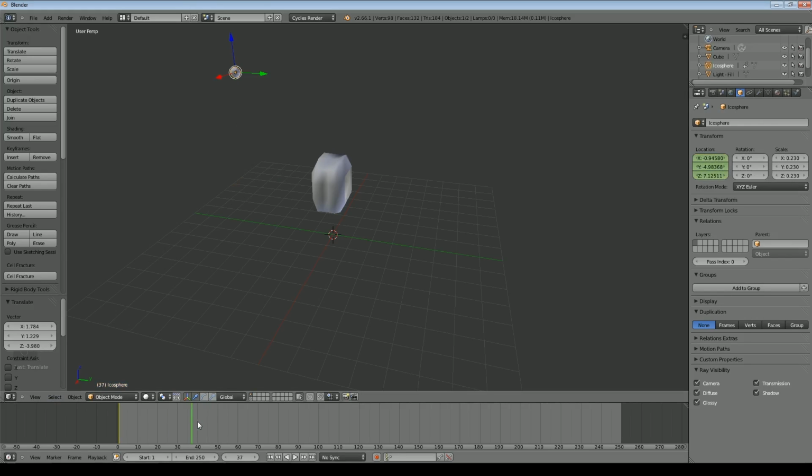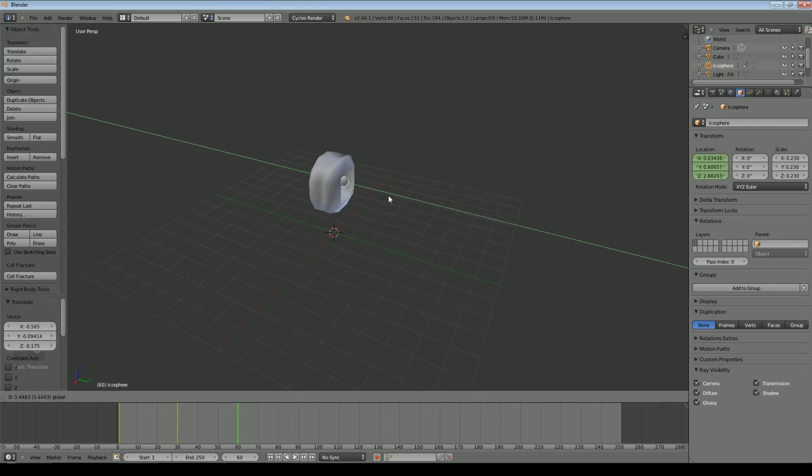So we'll then move it over to frame 30, bring the sphere to here, record that position, take it over to 60, make sure it's going to go through, adjust the position a bit and take it through, record that, and finally at 90 we'll just take it down there somewhere.